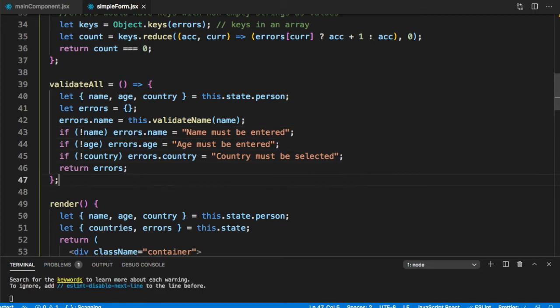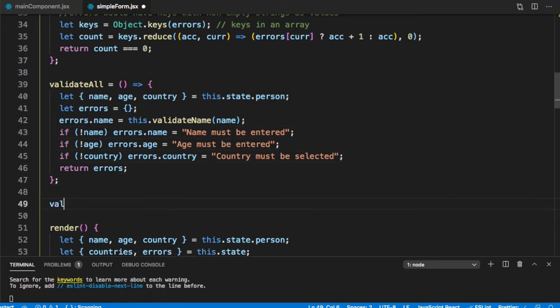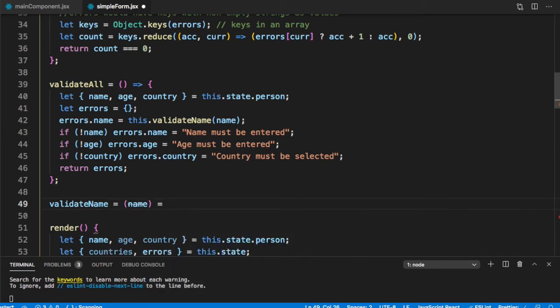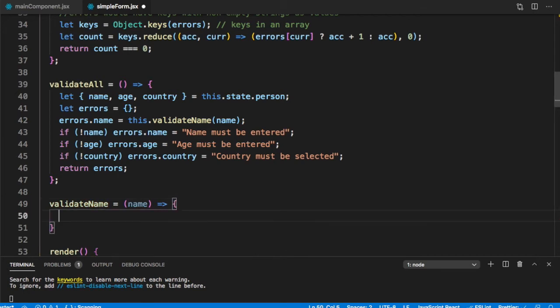So we need to implement this function validateName. Let's implement it. It takes a name as parameter. And what would it do? We can say not name. So if name is falsy, which means not name is truthy, then what should we return? Name must be entered, which was our earlier error message.